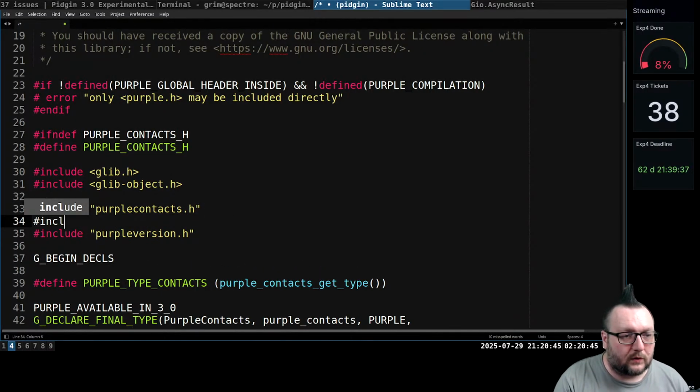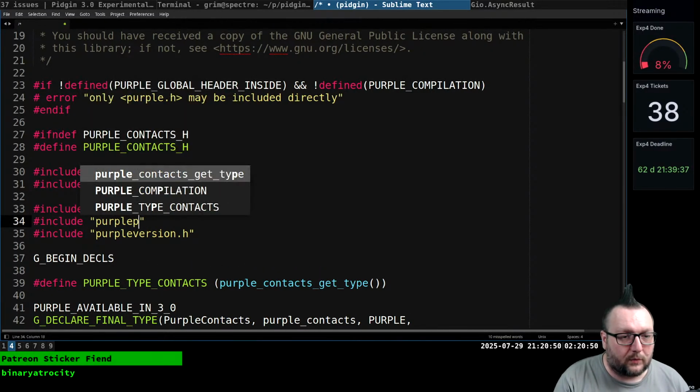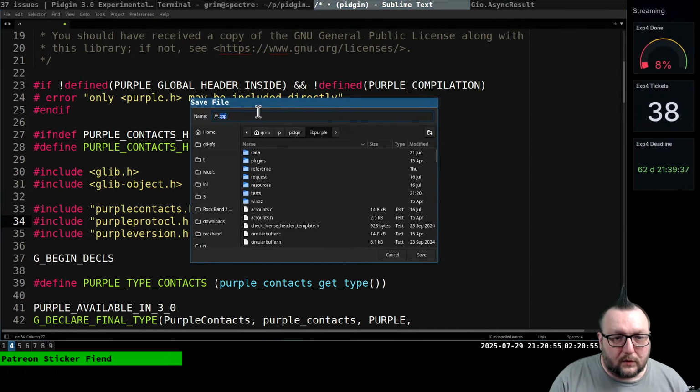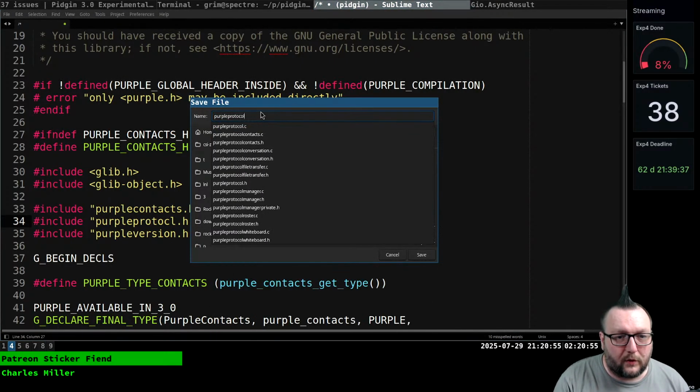Contacts. Purple protocol.h. I think that's. This is purple protocol